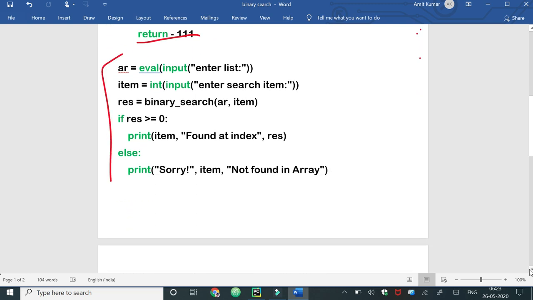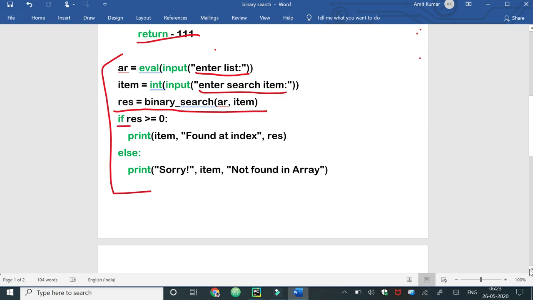Now this is the main part of the program. Here we have allowed the user to enter the list, then allowed the user to enter the search item, then we have called the binary search function. When the function is called, it will carry the entered list and the entered item, and work upon that list.